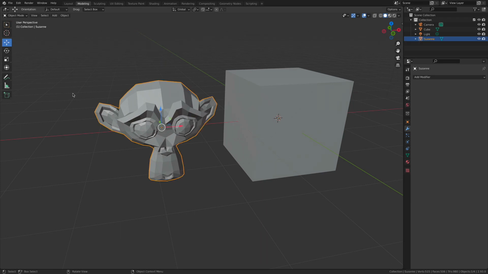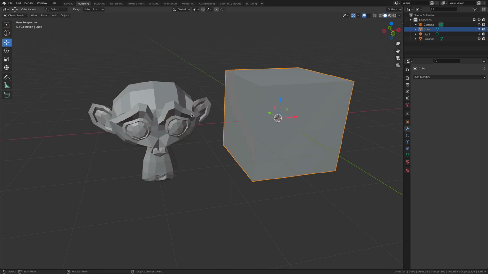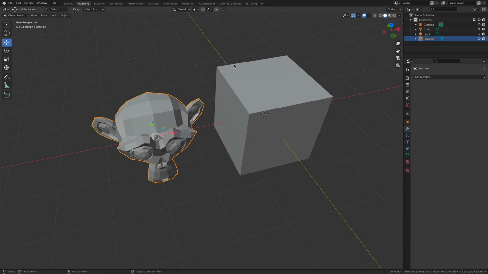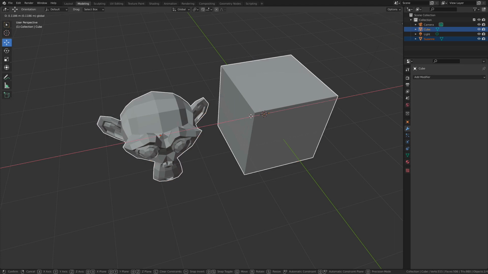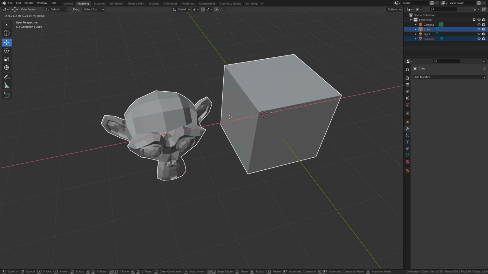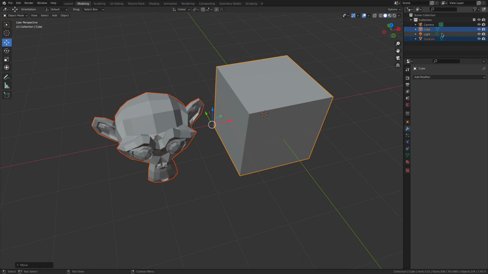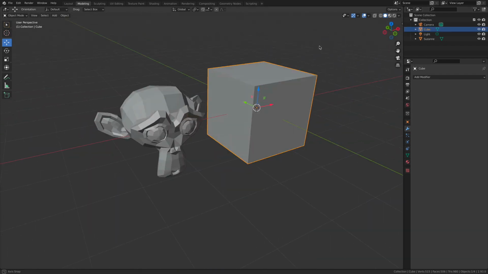Well, of course, with the move tool still active, I can just simply left click on any number of these objects and transform these objects around inside of our three-dimensional scene. We can also select multiple objects at the same time by holding down the shift key and selecting on these objects. So now we can transform both of these objects together. And again, if you look at the outliner over here, you can see that both of those guys have gone blue, which suggests that they are in fact selected.